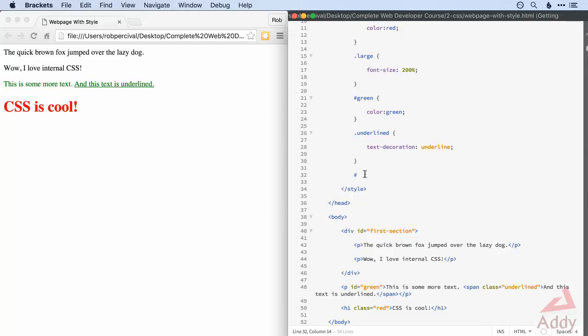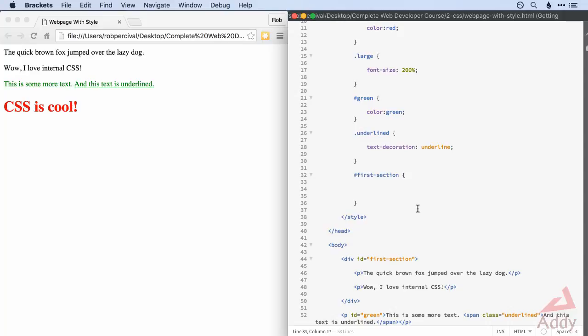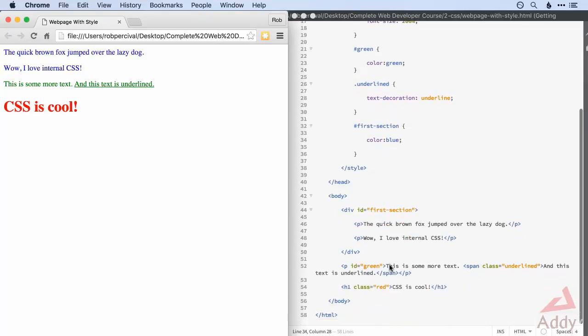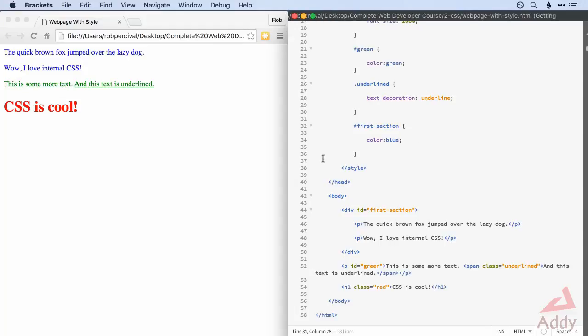It's an ID, so we're going to use hash and then first section. Then we add in our curly brackets, and then if we want everything to be blue, we just use color colon blue. There we go, and then that will style everything inside the first section div as blue. So that's one way of using divs to style the contents, but we can also apply the style to the